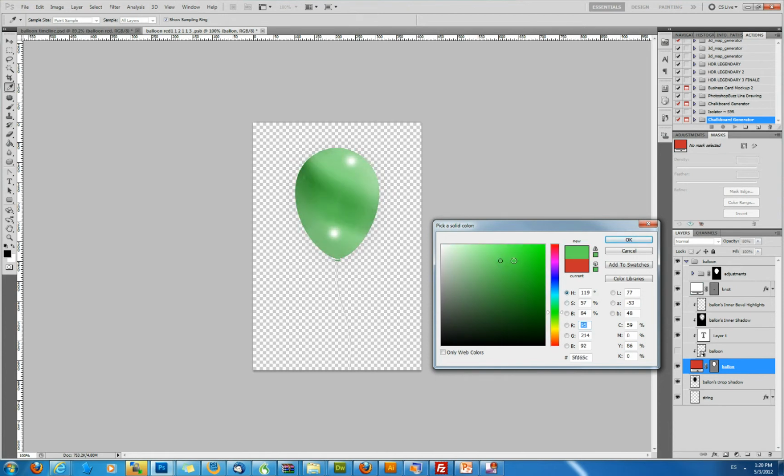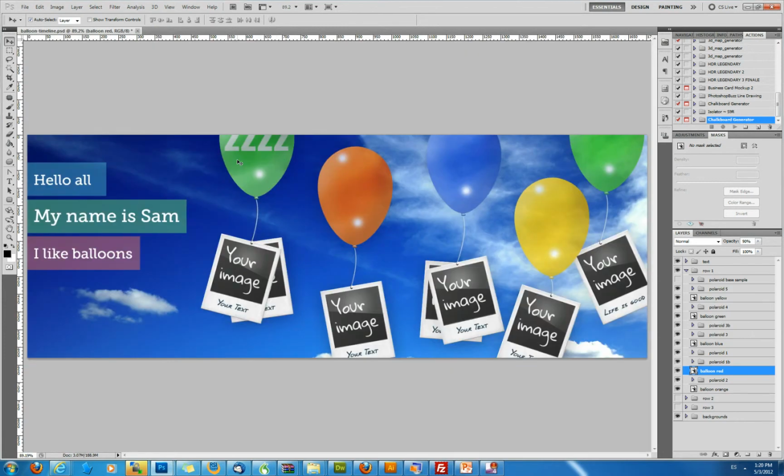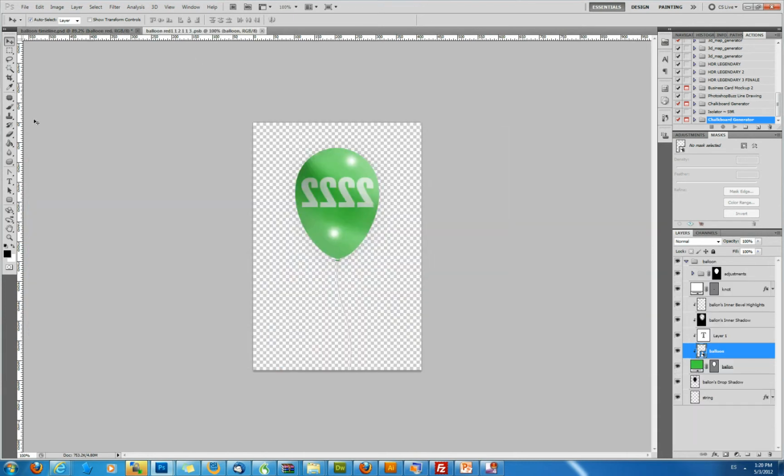Again, softer colors work better here. And you can place any artwork or any letters or anything. You will see here I've got some default text on this. Simply save and close, and you can see we've changed the color and we've changed the text on the balloon. If you want to add your own, edit that text or add your own artwork or whatever you want to place on that balloon, simply double click again the smart object to open the balloon and open the content smart